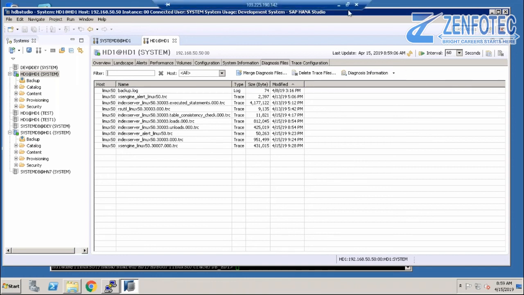What is a schema? In HANA database, and in all databases, there is a schema, and in that schema we have the tables and the data, such as user data.